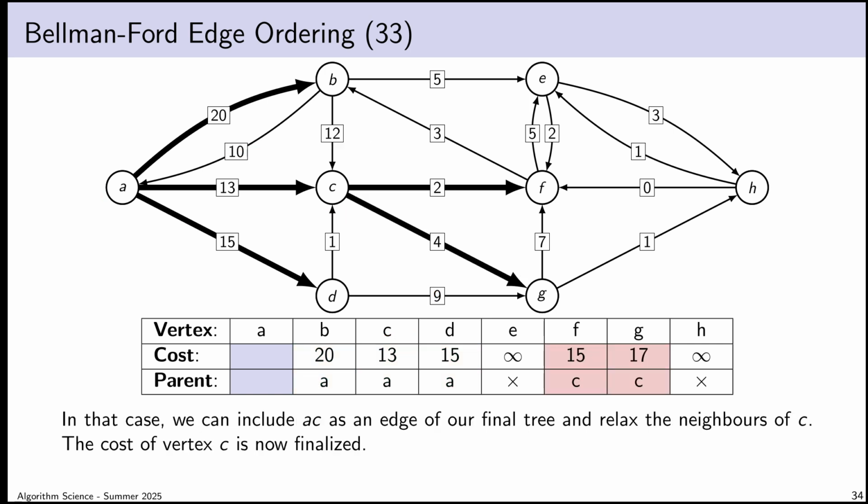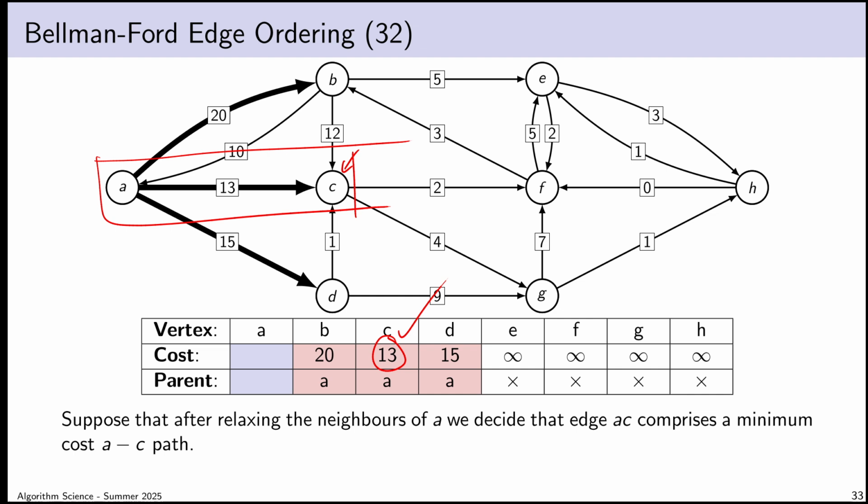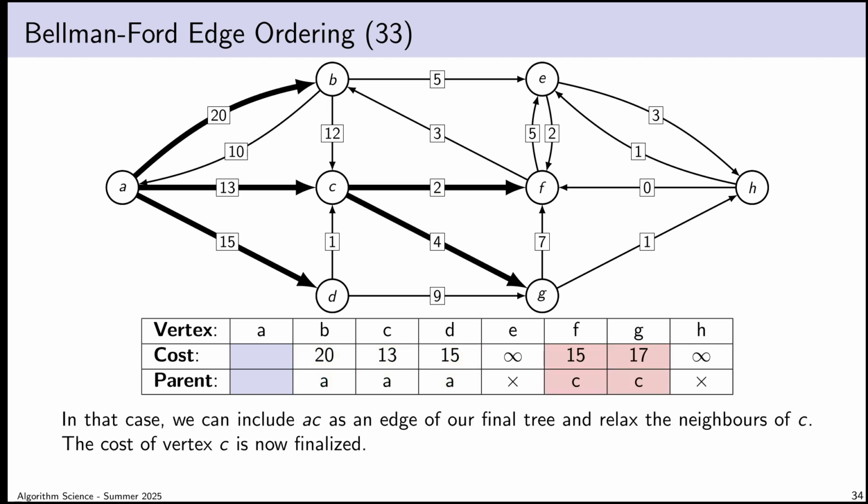Okay, so because of that, I can conclude that since I've locked in vertex C, since it's already at its minimum cost, it is now safe to relax the edges that begin at vertex C. So I do that. I relax the edges beginning at vertex C, and now I stare at the result, and again I observe the minimum cost of travel to different vertices. Now vertex F costs 15 and vertex G costs 17. And you can see I can proceed on the same logic.